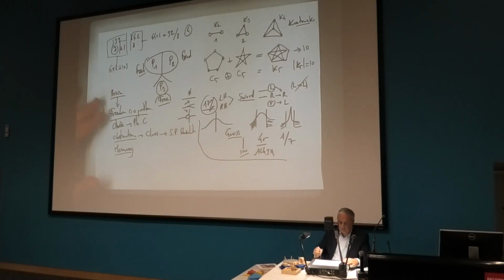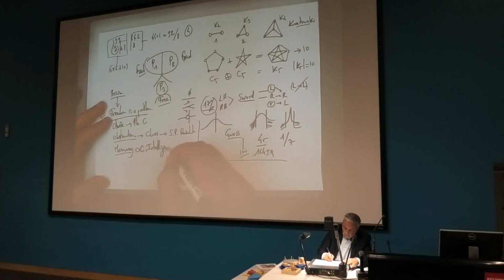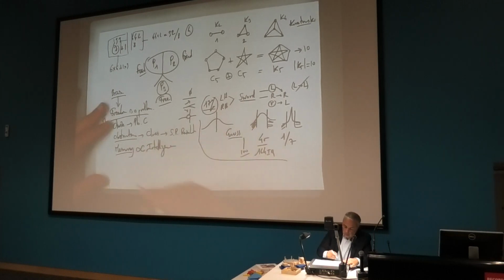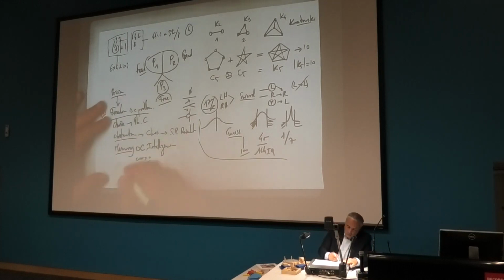So memory is in fact related to intelligence, with a positive correlation. But it's not so obvious. Why? Because memory